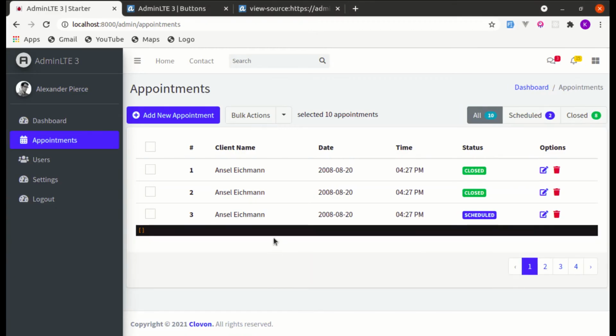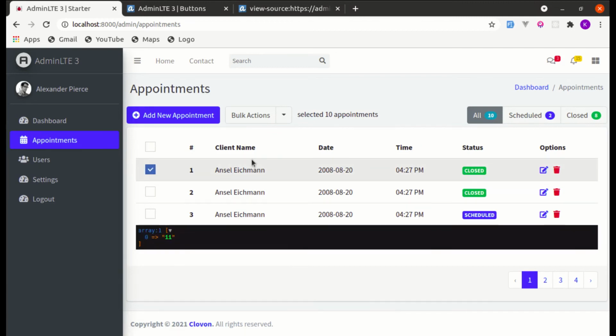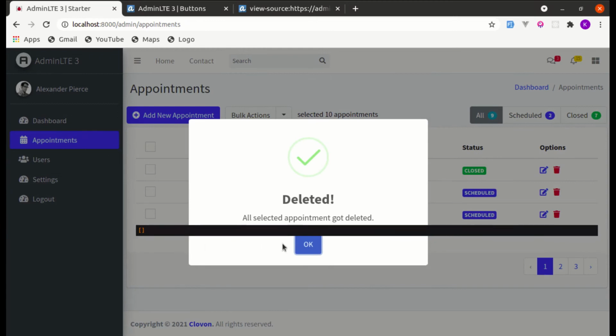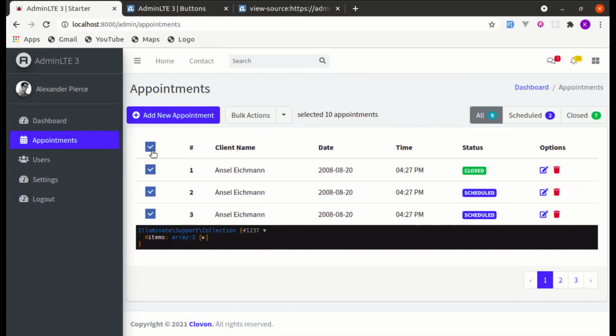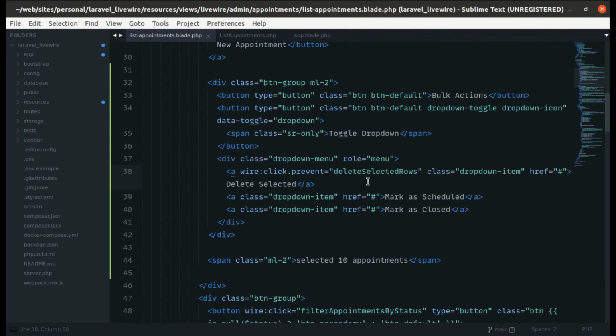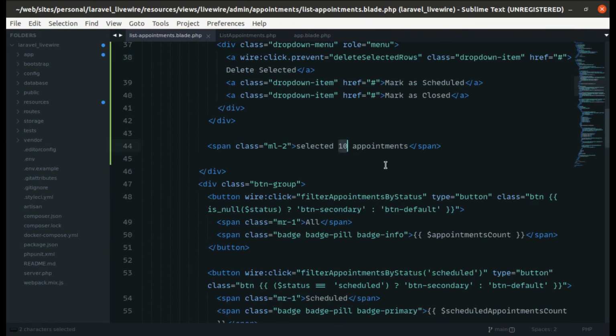Okay, now let me try one more time. Delete selected, and it is empty over here as well. So far so good. And then if we click over here, we are not displaying this number, so let's make this workable. Let me go to list appointments, and then over here let's count